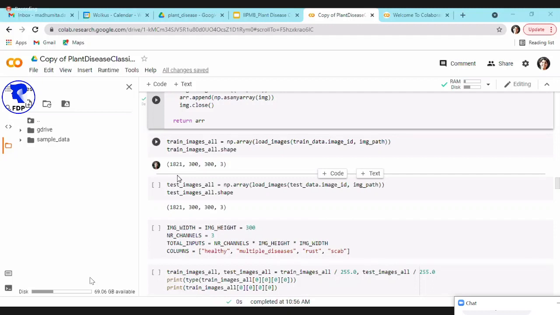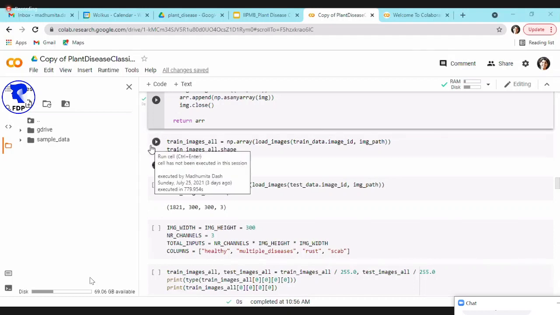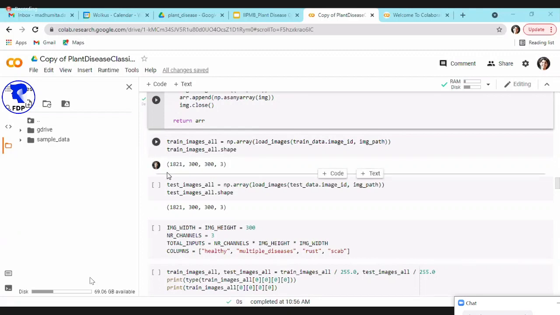I think it will take at least 10 to 15 minutes, so I've already pre-run these codes. You all can start running it. Hopefully by the end of the session, both your train and test data will be loaded. Going forward, I won't run these codes because otherwise we will go over time. But here I have just loaded all the train images, and it gives me the shape of the image.